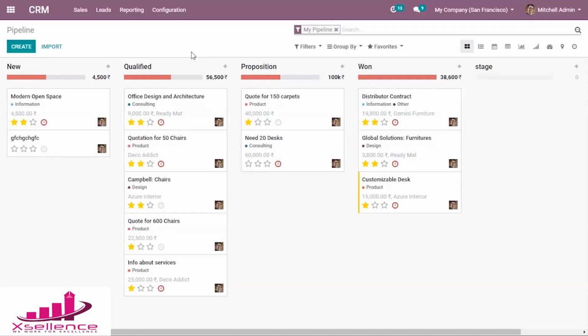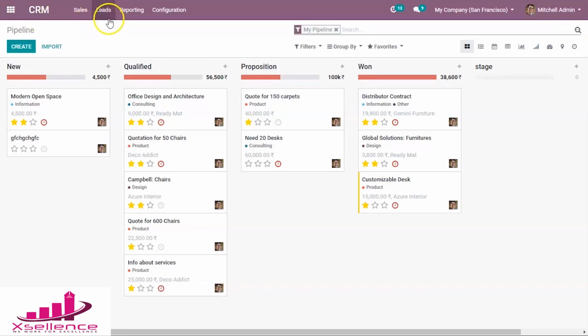In the CRM module, one of the basic things is lead creation. Basically, lead creation is the process by which the company acquires a lead and collects the relevant data about potential customers in order to enable a relationship and then turn them into customers. So now let's see how to create a lead.